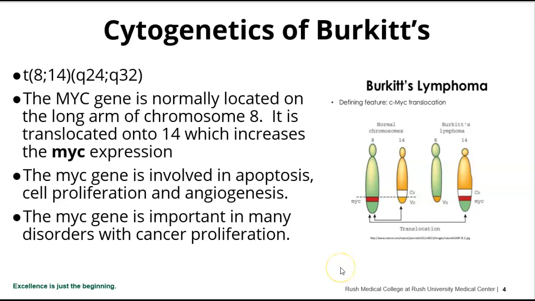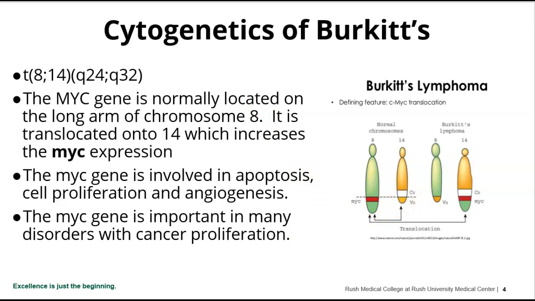The MYC gene is involved in apoptosis. That means slowing down cell growth, cell proliferation, angiogenesis. So when MYC is translocated somewhere else, it can cause cells to not stop growing and increase blood supply, which is another great thing cancers love to do. So it's actually involved in a lot of different cancers, especially lymphomas, and the pathologist always wants to know if